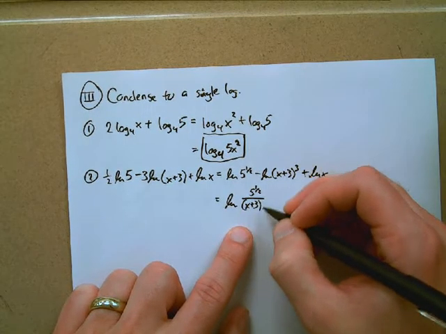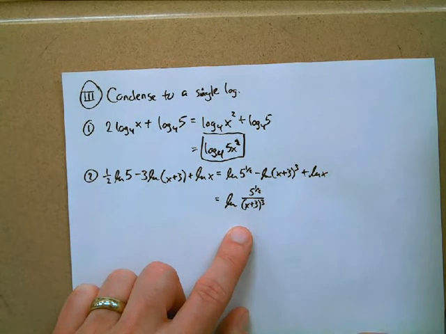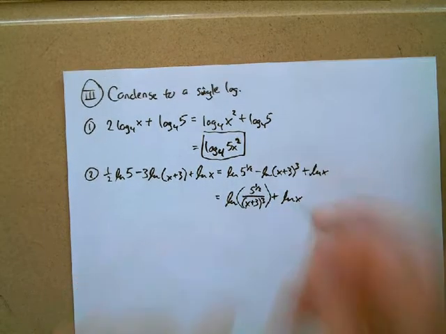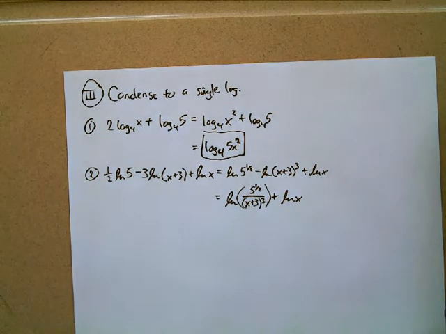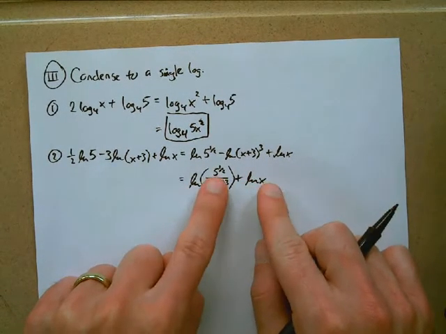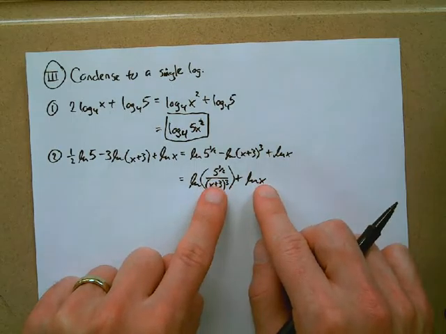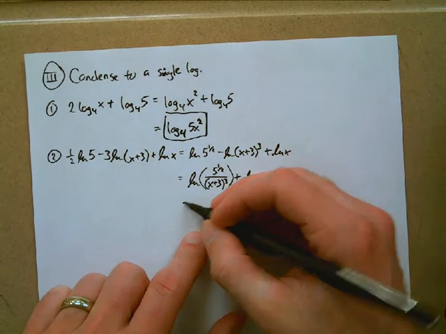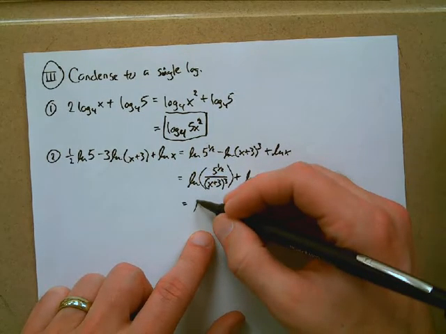Now we still have 2 natural logs here, and there's addition. That means this gets multiplied with this. The 5 to the 1/2 over the quantity x plus 3 cubed gets multiplied with x. So that x will go up in the numerator because it's multiplication here. And so it's 5 to the 1/2 times x over x plus 3 to the 3rd. And voila,